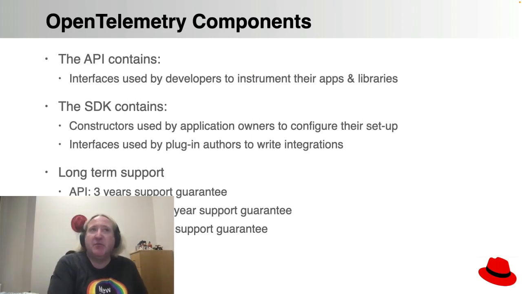So this is the same information, only presented in a slightly clearer font. The folks at OpenTelemetry have got that nice diagram, but it's a little bit hard to read. One thing I want to draw your attention to is that they describe the support guarantees. So the API is guaranteed for 3 years, plugin interfaces are guaranteed for 1 year, and so is the SDK, basically. It's worth noting that the different components, metrics, logs, and tracing, are at different statuses at different points in their life cycle. So currently the only thing which is considered in scope for support is tracing, although the metrics piece will probably also come into support very soon when it reaches 1.0.